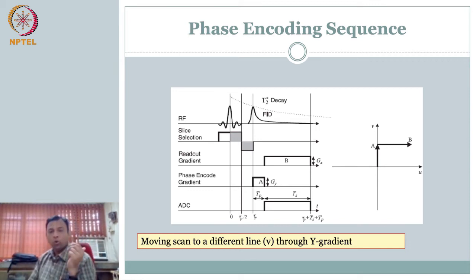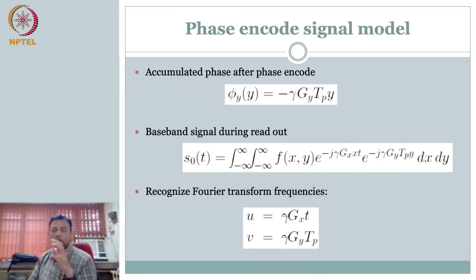So now we have seen two cool things. Not only can we go in the negative and start using gradient echo, I'll start from the negative axis, I can also use the y gradient or phase encoding to move in the v direction. So what happens when we combine these two? We should be able to cover the rectilinear space, right? So what is the signal?